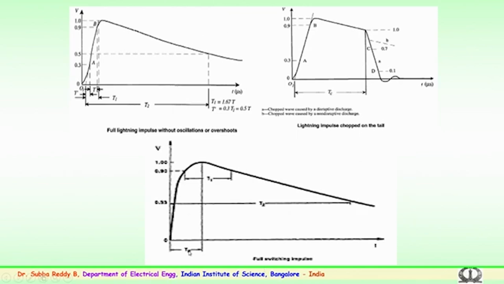The third is the switching impulse over voltage or a switching surge, as we call it. Here, as I mentioned earlier, the time to front will be 250 microseconds and the time to tail, to 50% of the magnitude, will be 2500 microseconds. The switching surges are likely to happen because of the closing and opening of the circuit breakers in the transmission network. Here the front time will be 1.2 microseconds and tail time will be 50 microseconds for lightning surges. For switching it is 250 by 2500 microseconds.